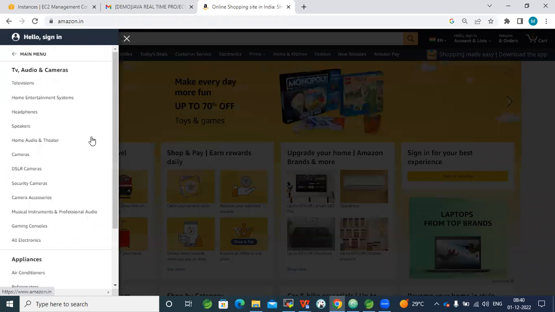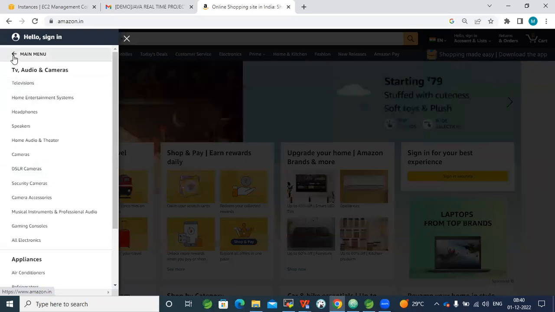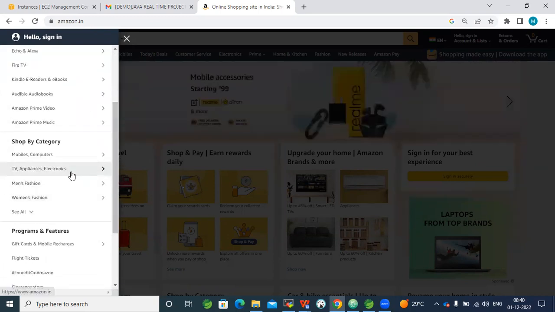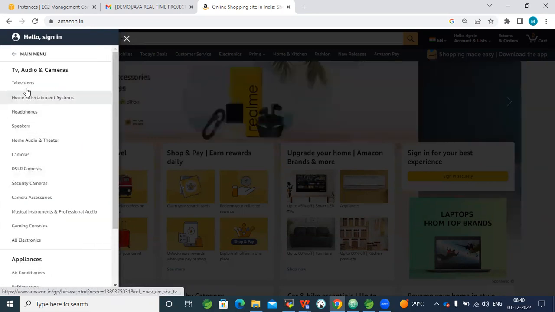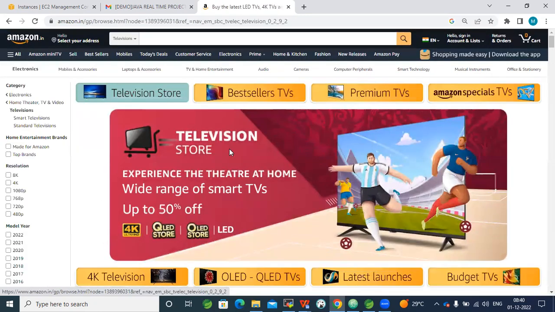If we click on this category, then again subcategories are displaying, like televisions you want to see, or home entertainment you want to see. So remember this word category. We have chosen the category. This category contains the subcategories as well. If I choose this television as a subcategory, now this subcategory will have